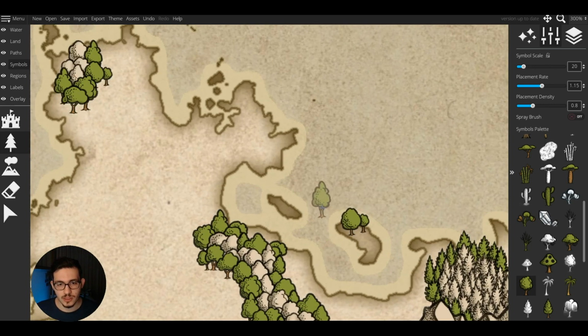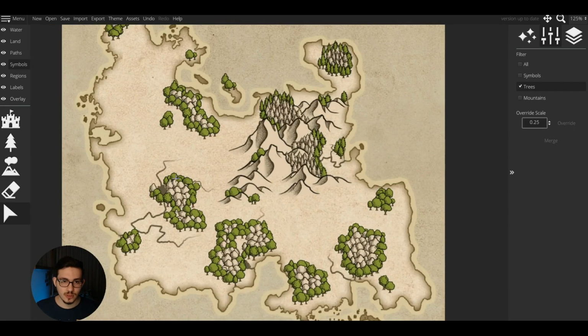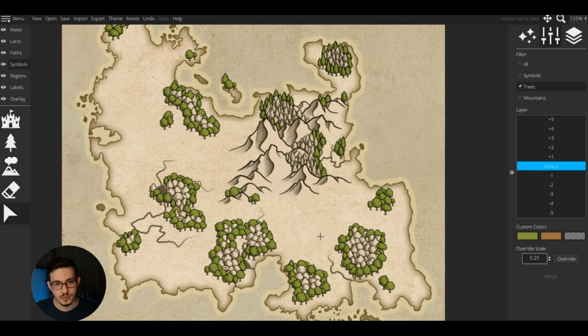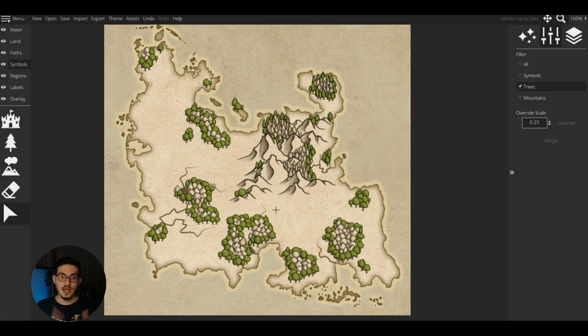Maybe we can have another one here, like this. So you see right now, this looks much more natural. Let's actually remove this one. Maybe add pines here instead. So this is how you should make forest that will look naturally spread on your maps.